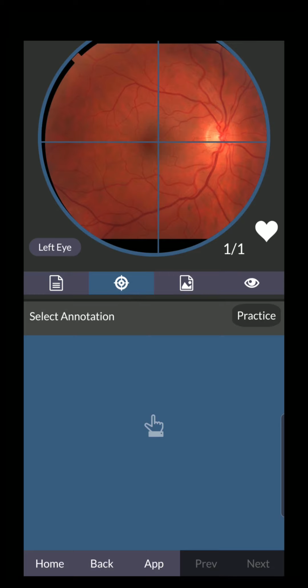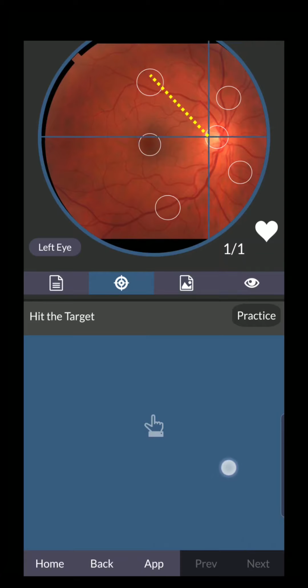So if I engage the annotation function again and select hit the target, you will see that the first structure that you should look at in a controlled way is the optic nerve head, and then you should go to the superior temporal area to view that area next, and then to the superior nasal area, then to the inferior nasal area, then to the inferior temporal area, and then the last thing you would look at is the optic